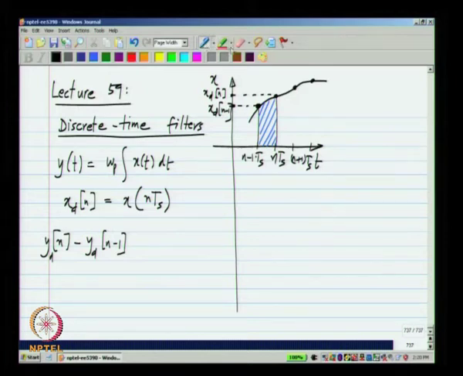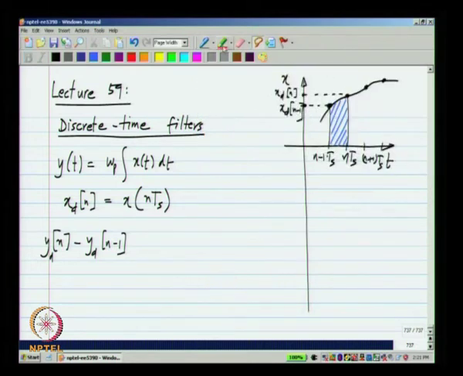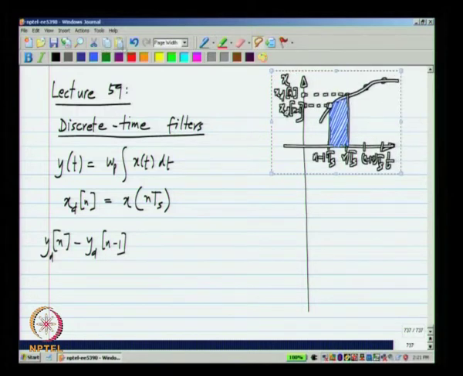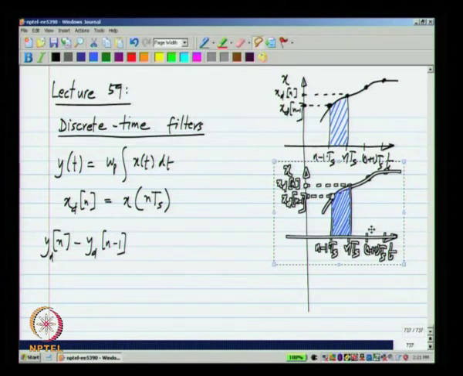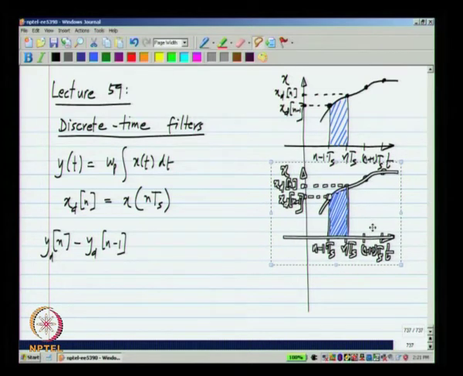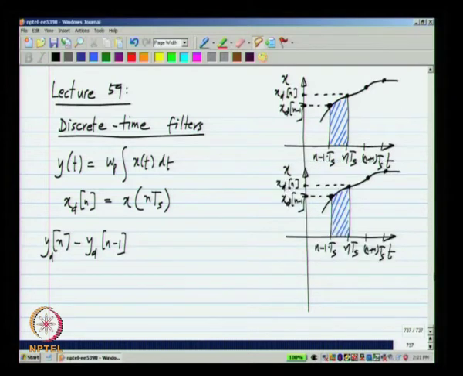Now, what we have to do is we can of course compute this area, but to compute this area under this curve we need the continuous time values of x. What we are trying to do here is work only with the samples x_d, that is x_d of n minus 1 and x_d of n. So, how do we compute the area knowing only x_d, the discrete samples? We have to resort to approximations and there are a few things that we can do. These are very familiar to you from your basic mathematics. So, what are the possibilities?